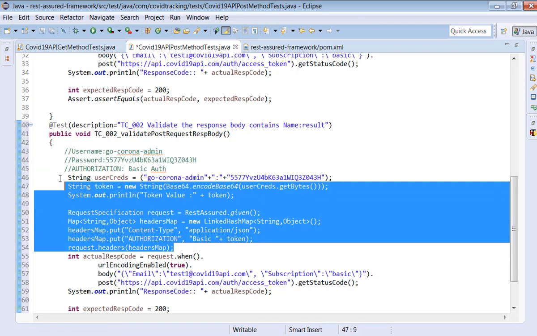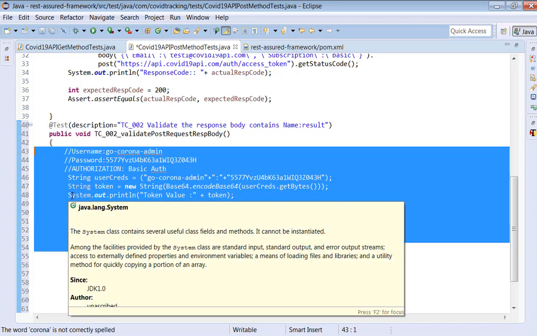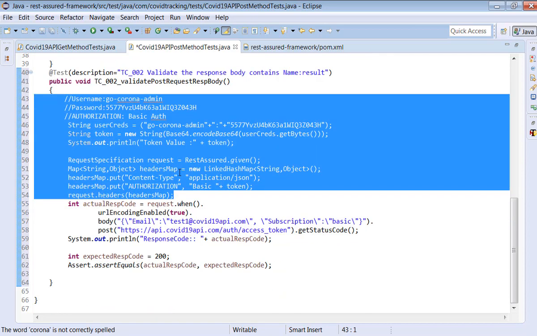Not only that, this entire part also you can convert into a method. You can add the token and return the request object with the headers. So we can do all these things in the framework, but as of now I'm not keeping it in a different method. I'm keeping it as part of the test case as of now. Then we can convert this into different methods also.